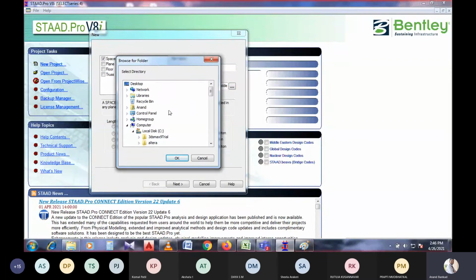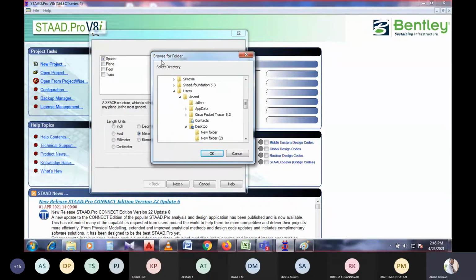This is where you are going to save your file, because when you start and complete the analysis of the particular member, you will end up with many files. So you cannot save them on the desktop. We have to have a particular folder to save this analysis, this project.